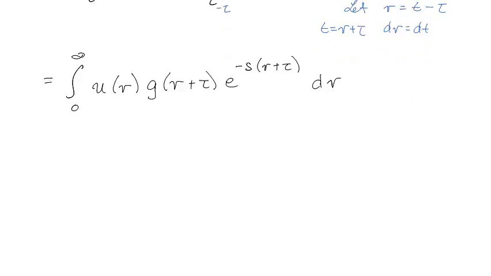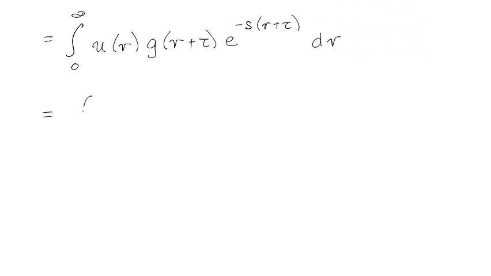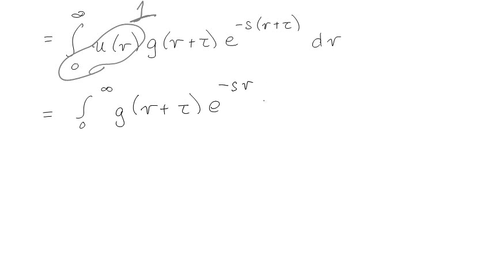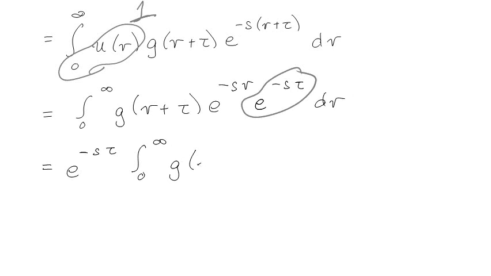Okay, now again, keep an eye on your other notes and relate what we're doing now to what we were doing then. So here's something that's kind of neat. Now that I've done this, u at v is basically just 1 from 0 to infinity. So the value of this is just 1, and I don't even have to list it anymore. So I've got g(v plus tau) e to the minus sv, e to the minus s tau, dv. And this is just a constant with respect to v, so I can pull it out front. So e to the minus s tau, and then the integral from 0 to infinity of g(v plus tau)